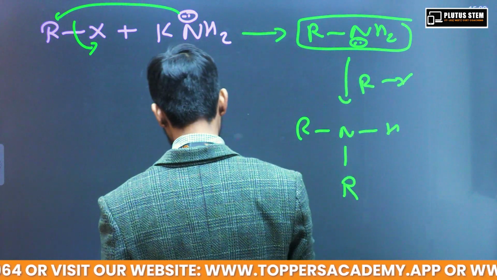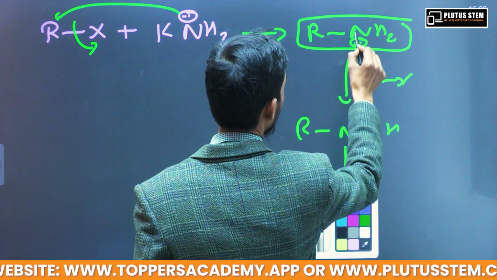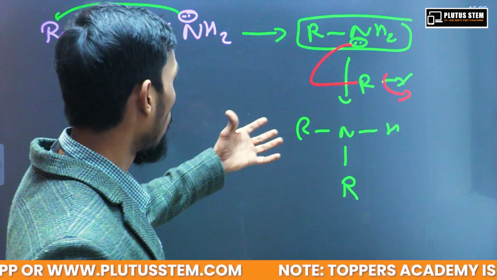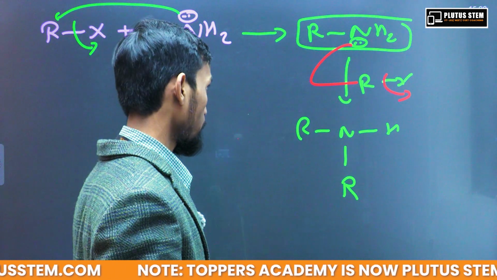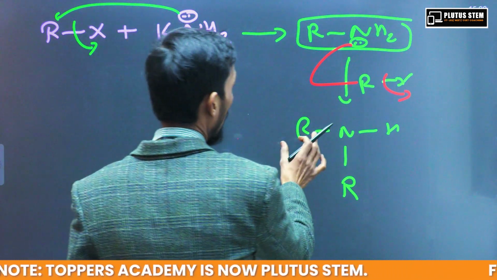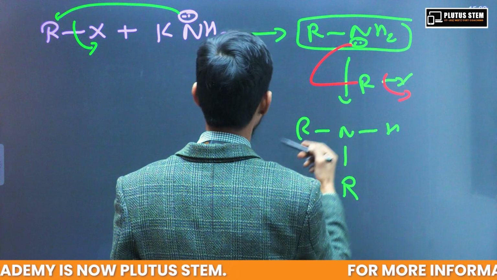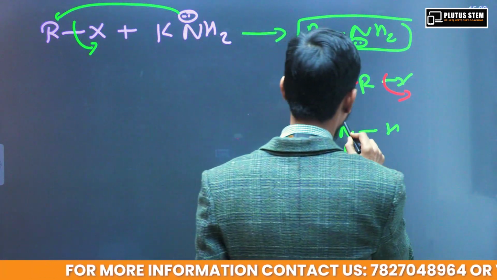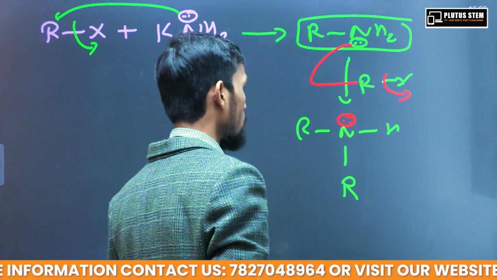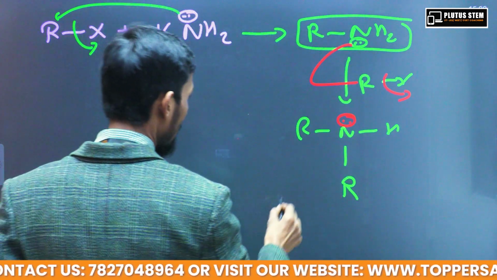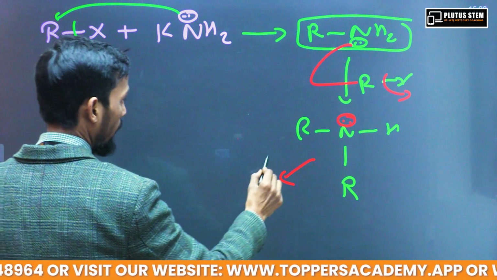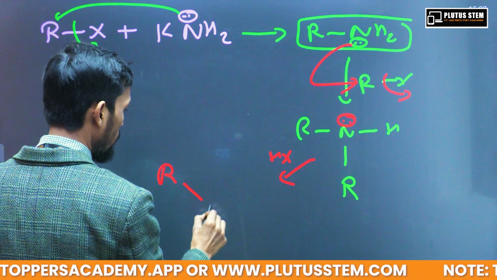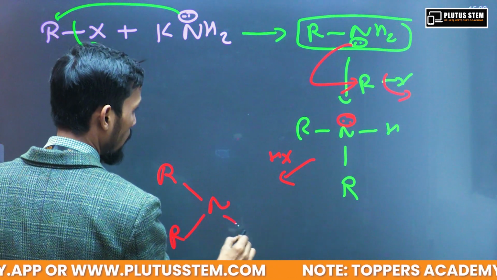what will happen? This base now attacks at this side, this will leave, and we will have R and H over here, R and 2 H are there. This X will leave with that H, this will take that H, and we again will have the base like this. Again the similar case, the RX will react, and the similar type of product which we are going to get over here will be R and R,